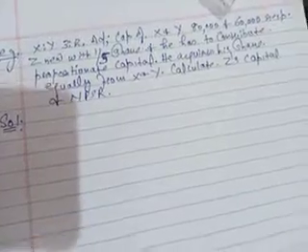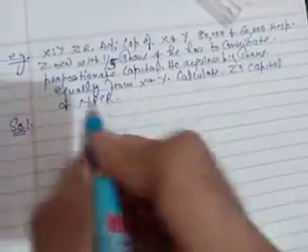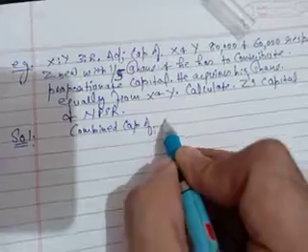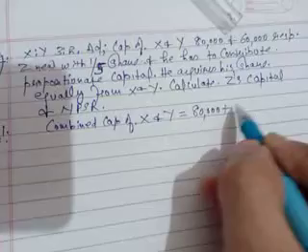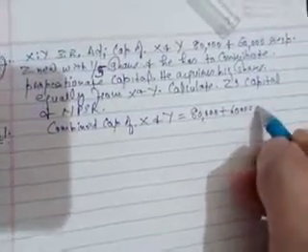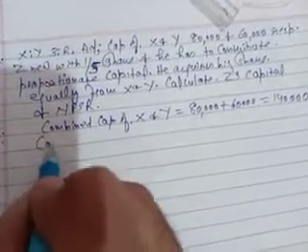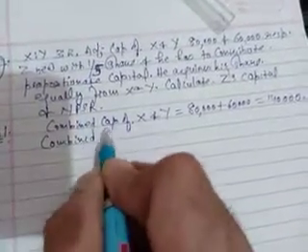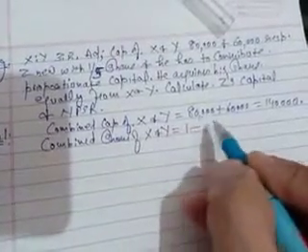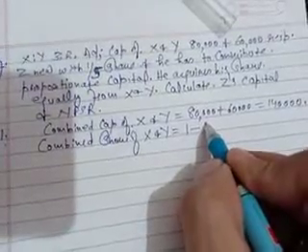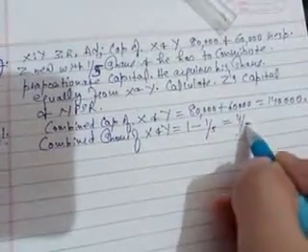So first, calculate the total capital of the firm. For that we have to find out, first of all, the combined capitals of old partners. Old partners are X and Y. Their combined capitals come out to be 80,000 plus 60,000, 1,40,000. Then the combined share of X and Y, that is 1 minus Z's share. Z's share is 1/5, so the combined share is 4/5.